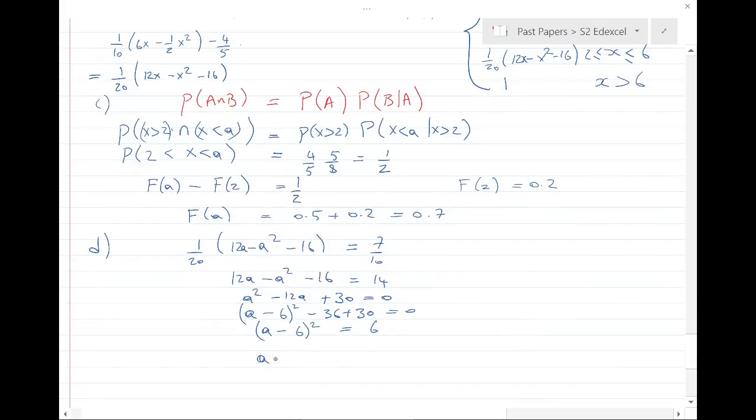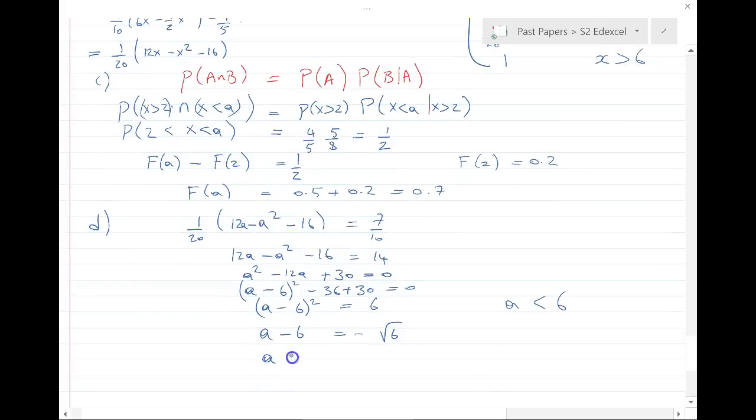Now take the square root, so a minus 6 is equal to... it can't possibly be the positive square root of 6 here, because we know that a is less than 6, that's the key thing. So we want the negative square root, so we have a is equal to 6 take away the square root of 6, and that comes to, if you want a value for it,